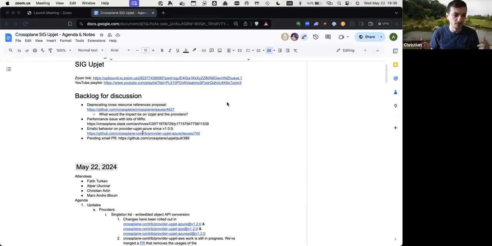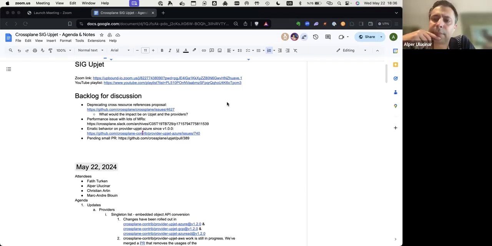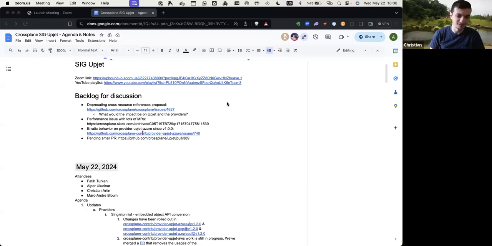We don't see any errors. We did enable the metrics, and we're trying to figure out if it's the external API taking a long time to respond. But it doesn't seem like it's that. We're really not sure. It's really hard to debug because we don't know the internals of how Upjet works.